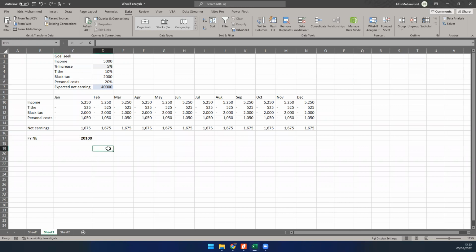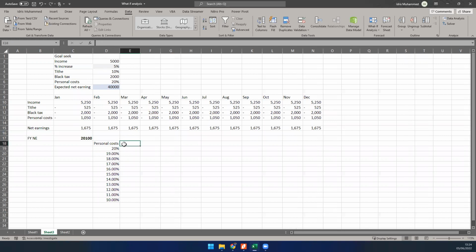So the first thing you just do is put the percentages here. Because you can only go down from here on this personal cost. So let me just put, let me say, personal cost. So we could just have incremental reduction in that. So let's say 1% each. Then let's drag it down to, let's say, 10%. You know that, okay, you cannot go below 10%. I want to see what the effect is for every reduction on net earnings. So on the right here, you can just select the cost, and then you can select everything this way,